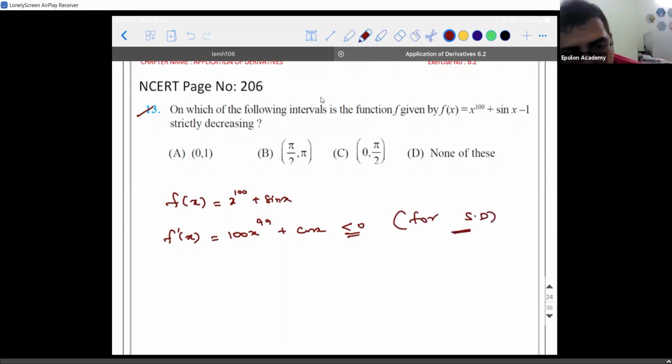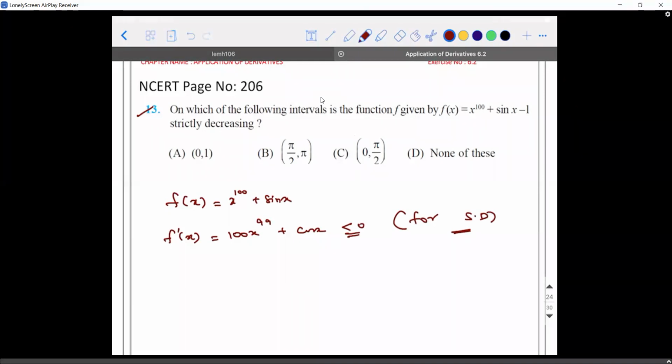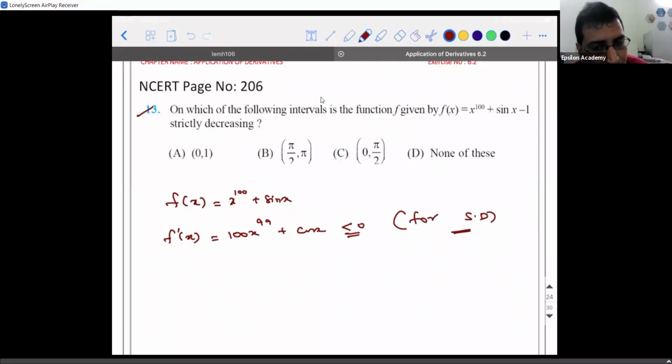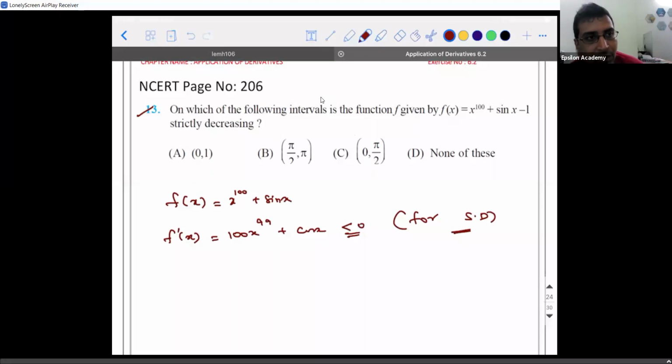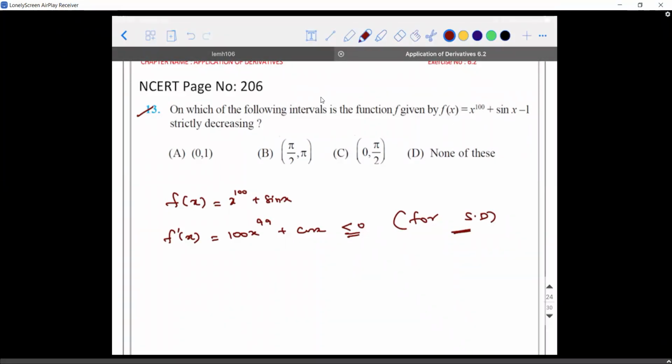Correct? How did you find? So you substitute a value between 0 and 1. What will happen? Sir, the values will be increasing, sir. How did you say it will be increasing? That is what I want to know. I want to understand how you thought that it is going to be increasing. I want to understand the logic. Because 0 comma 1, sir, that is in the first quadrant, sir, so the values will be increasing, sir.